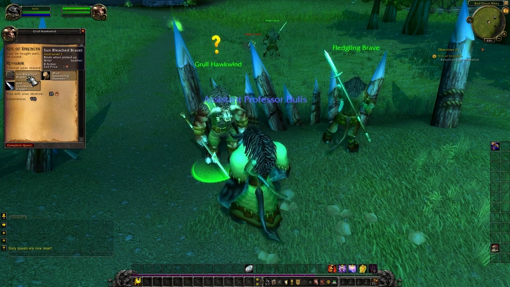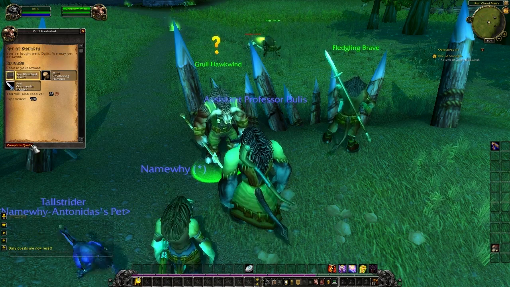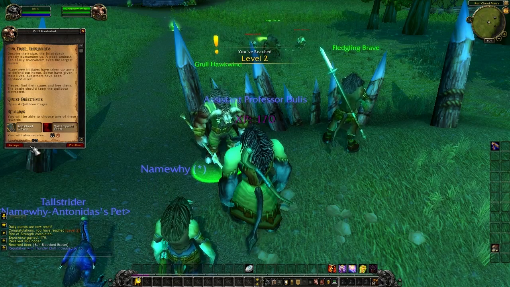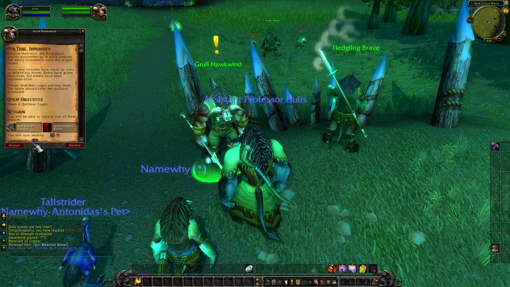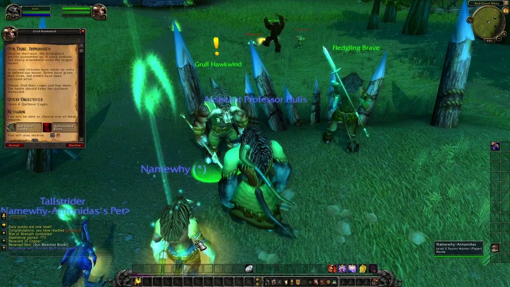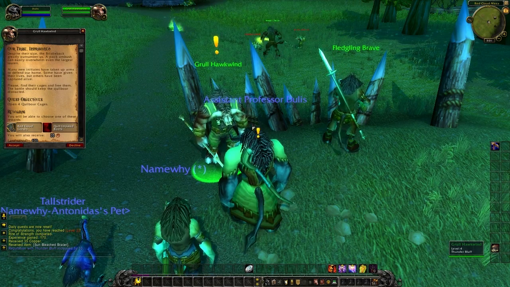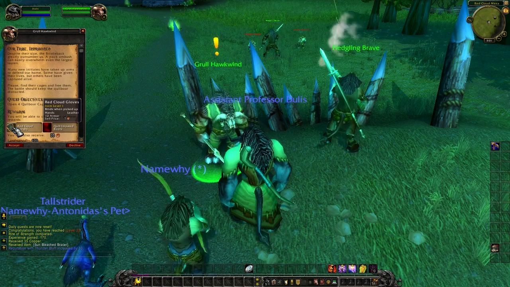Honestly, I want better armor, so this is what I'm going to take. Oh, and we just leveled. Awesome. Reached level 2. Whoa, wow. Oh, it's a different person, but she just leveled as well. Now, he's got a brand new quest for us, which will allow us to take